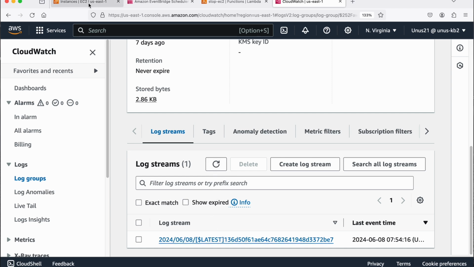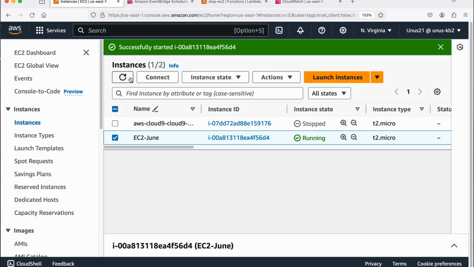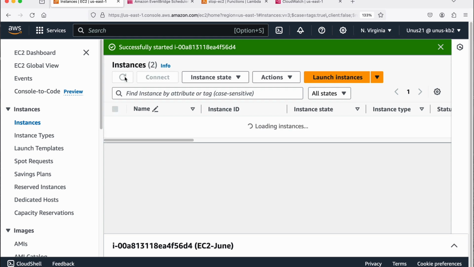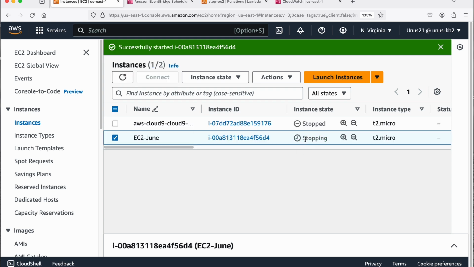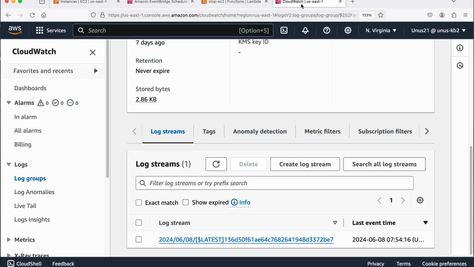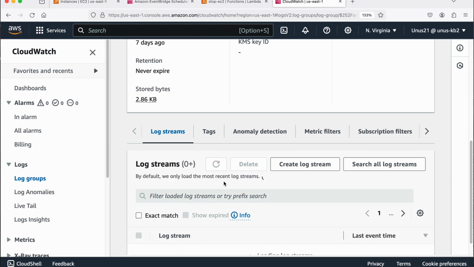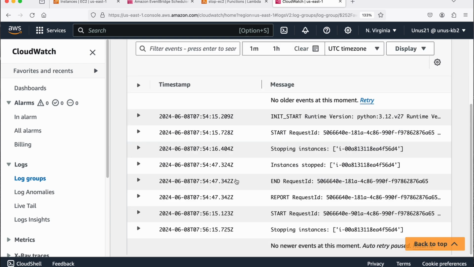And in the meantime, let me check what is the status of EC2. EC2 is again running because I started it manually, but it should go to stopping state anytime now. Yes, you can see that it is going to stopping state. Now at this time, if I go to CloudWatch and refresh this, now it has got added to this one. Yeah, you can see that 1:56, or after 2 minutes, you can see the difference, 2 minutes,